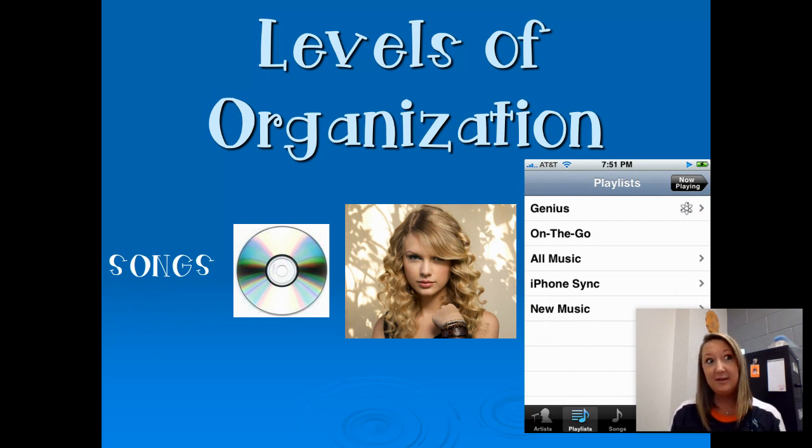And these are going to be living things. So we're going to be taking notes in our journal. If you don't have your journal with you, go ahead and grab it. You can pause me and we'll get started. We're going to be talking about levels of organization.